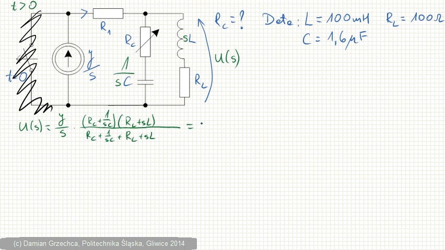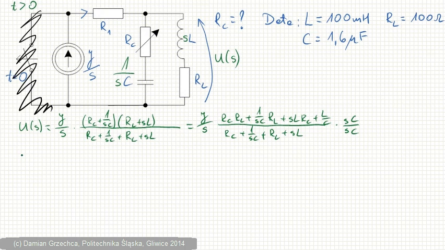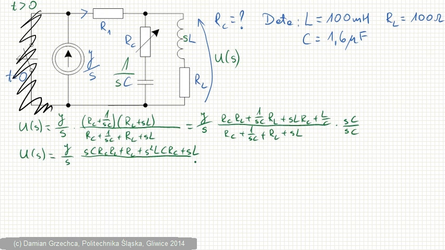Now let me multiply and rearrange this result a little bit. In the numerator and denominator, let me reduce by multiplying both by SC. It leads to the following formula. U of S has a denominator which I rearrange with respect to the highest power of S. It gives S squared LC plus SC times RC plus RL plus